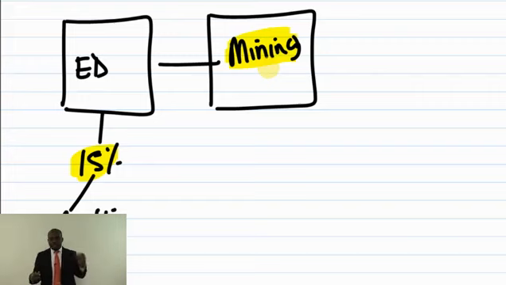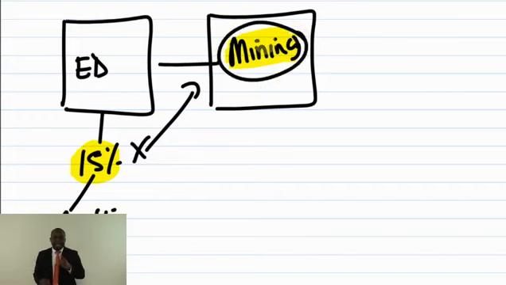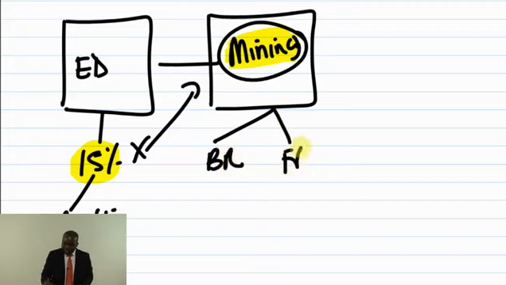We cannot do it, because we all concluded that the moment business risk is changing, financial risk is changing, our WACC is not going to be appropriate. Our current WACC is not appropriate. So this 15% cannot be used to discount the cash flows here. We need a new WACC that is specific to this project, business and financial risk. So what will be the business risk here and what will be the financial risk here? The business risk and the financial risk associated with the mining is what we need as a way of calculating the cost of capital specific to the mining.